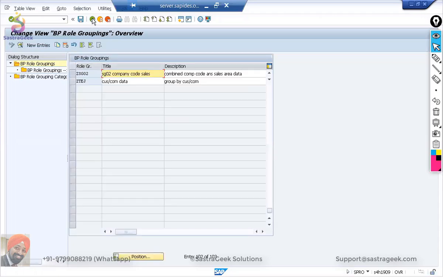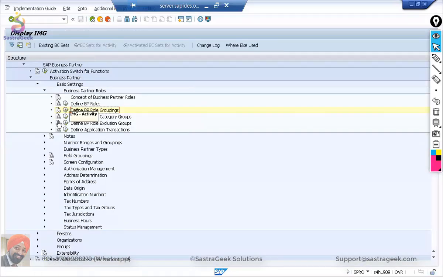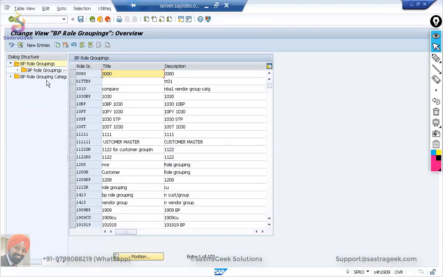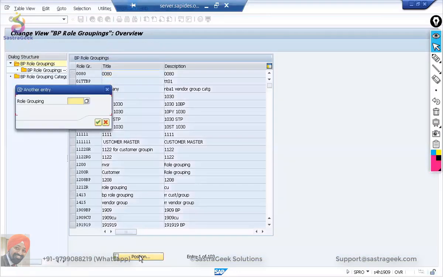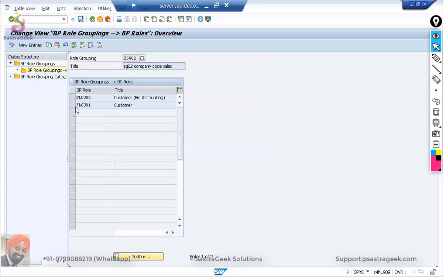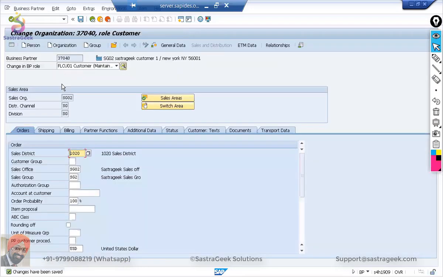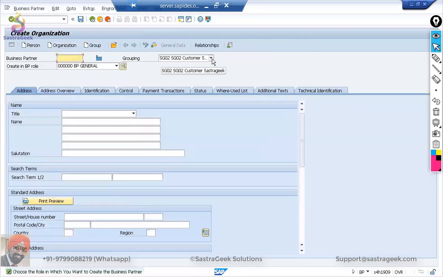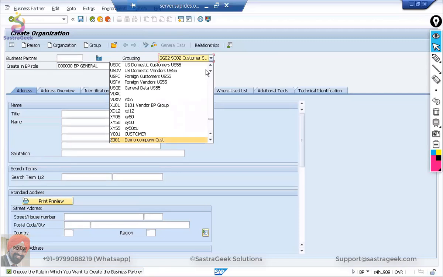So what we have done in this one, let's quickly check whether it has been done correctly. GSG02. Here we have defined, we have grouped two roles, FLCU00 and FLCU01. Now if I go ahead in transaction BP, go to the organization, and here in the grouping, if I select ZSG02,